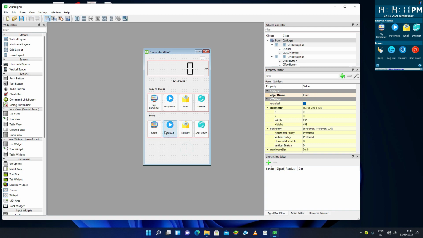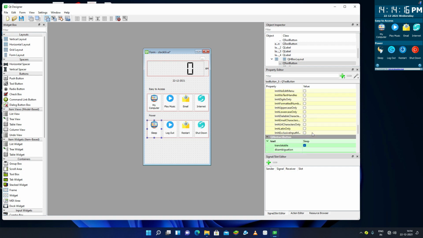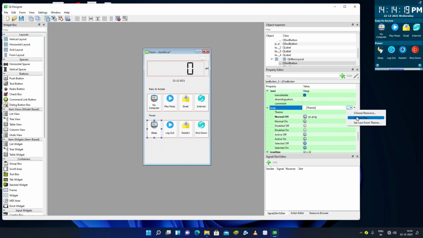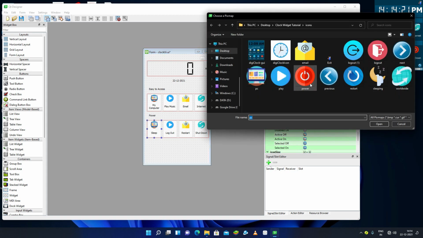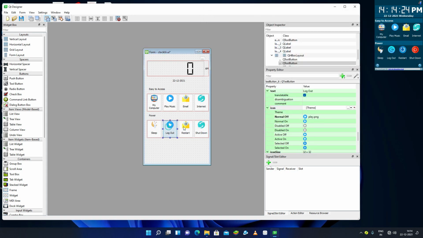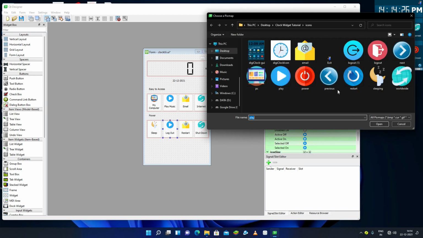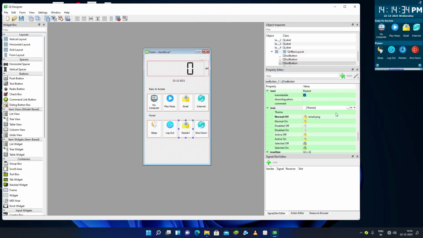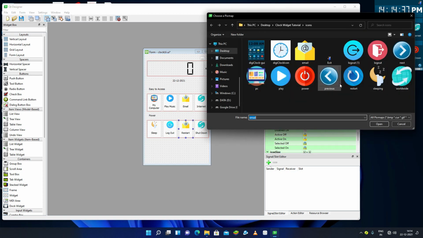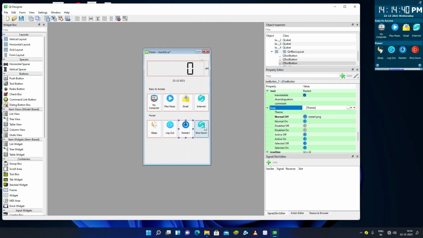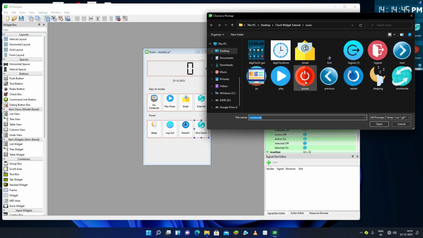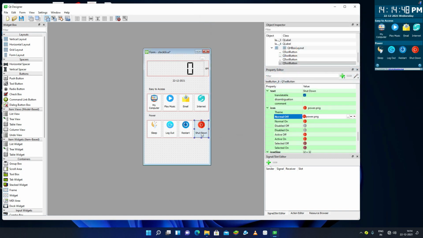Okay, so we have done that, and now change the icons here. So I can come down below and change the icons for sleep. So choose the file for the sleep, this is the sleep icon. For the logout icon I have 2 logout icons here. I can select logout 1. Now select the restart. For restarting I have this icon, and for shutdown I can choose this power icon. So these are now created.